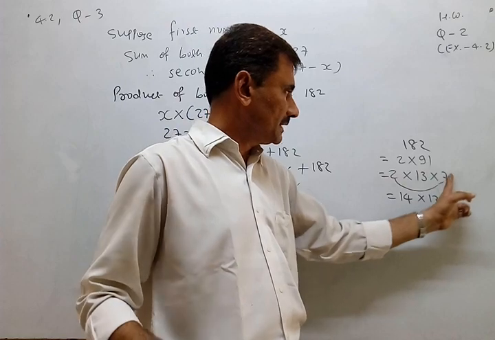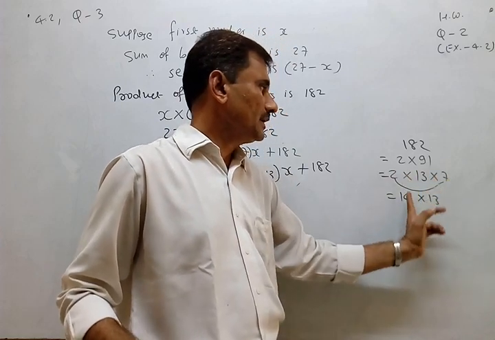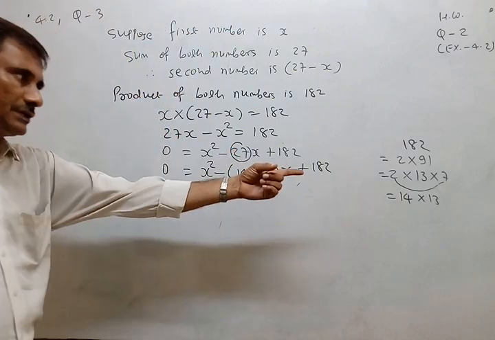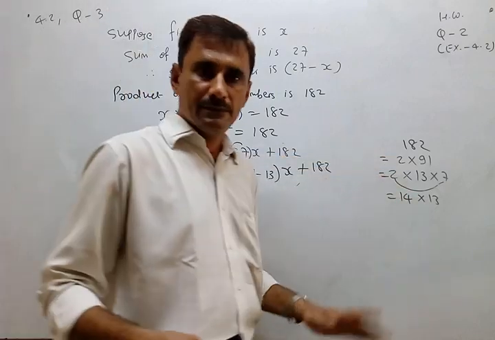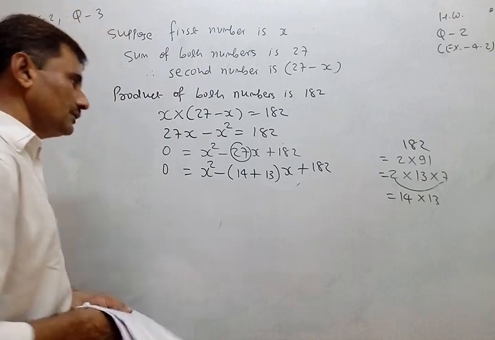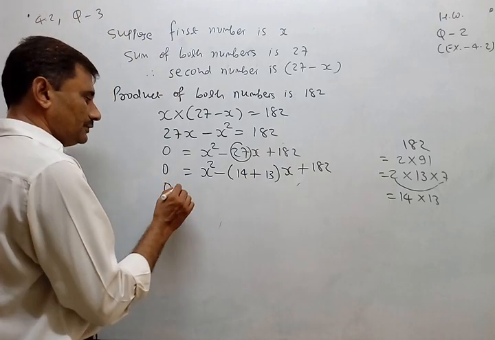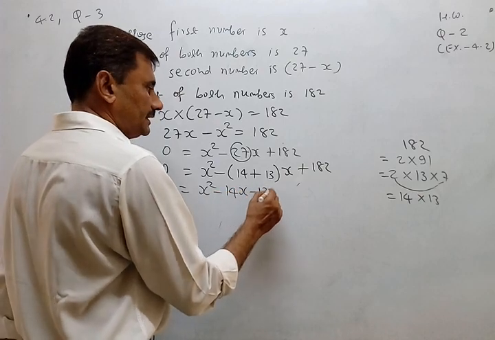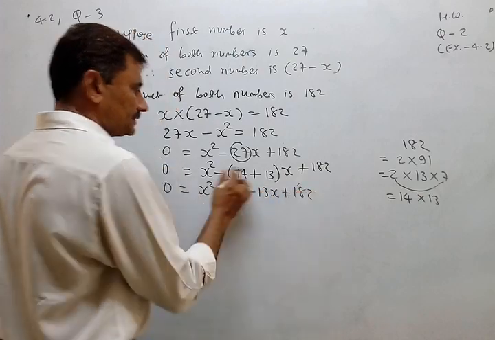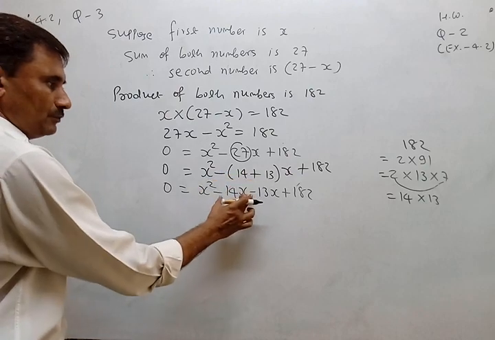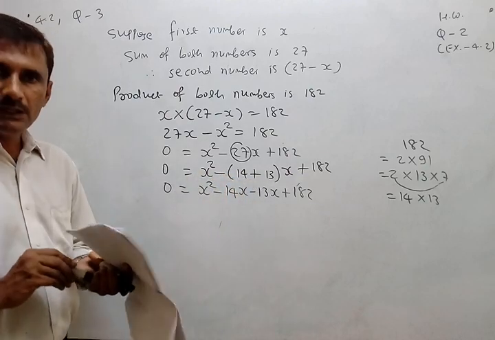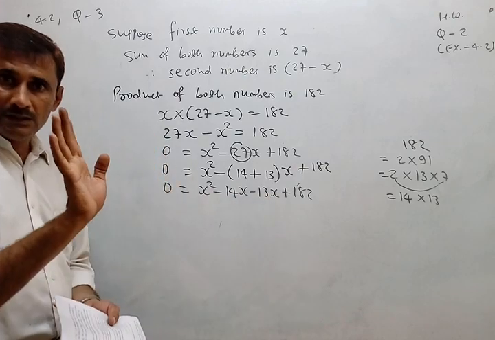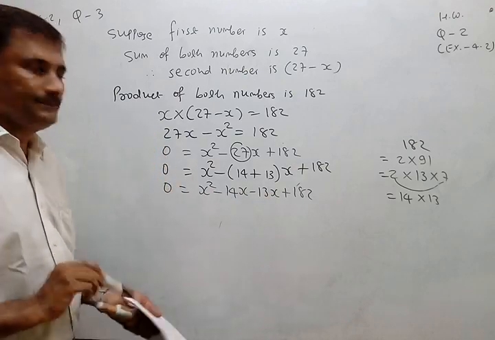Here I just multiply these two numbers, so 2 times 7 is 14 and the other is 13. Both these factors give us sum 27, so the required factors we got. So we stop here. Understand? Now just open it. So 0 is equal to x square minus 14x minus 13x plus 182. I just open the bracket, but we calculate the sign. Both are minus, and the middle term is split, so both terms remain x only. Nothing new.